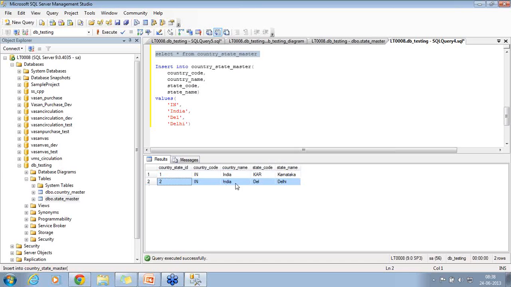This is called denormalization. There is a possibility of error now. I can update the record's country name. Update country state master set country name equal to INDA. I have just made a spelling mistake. Where country state ID equals the record.